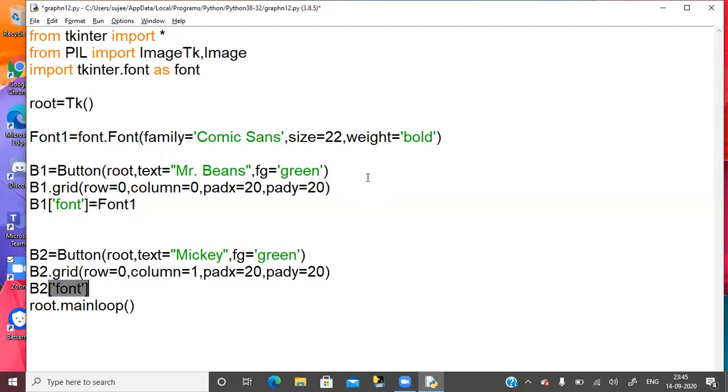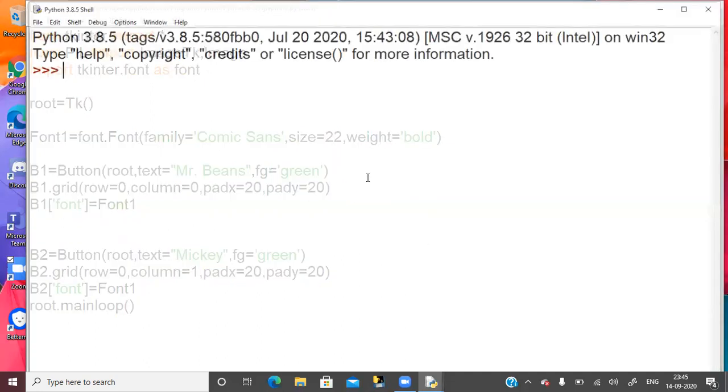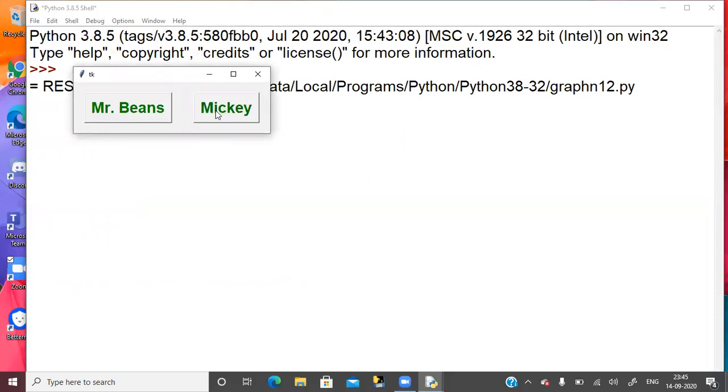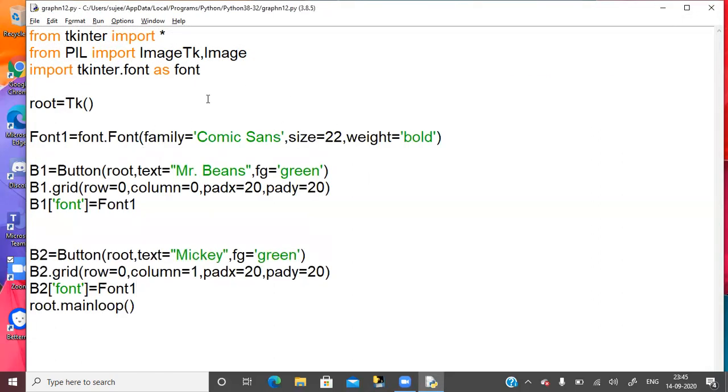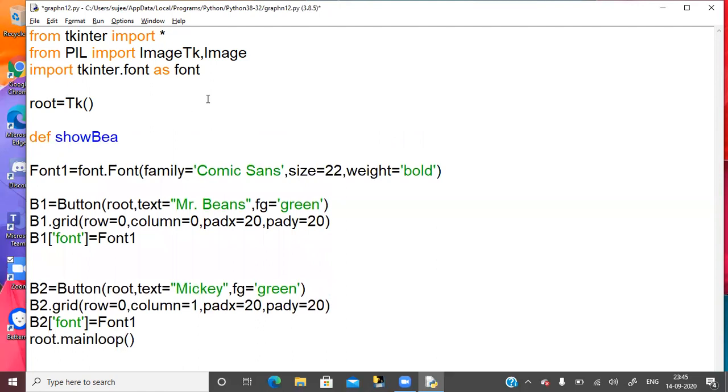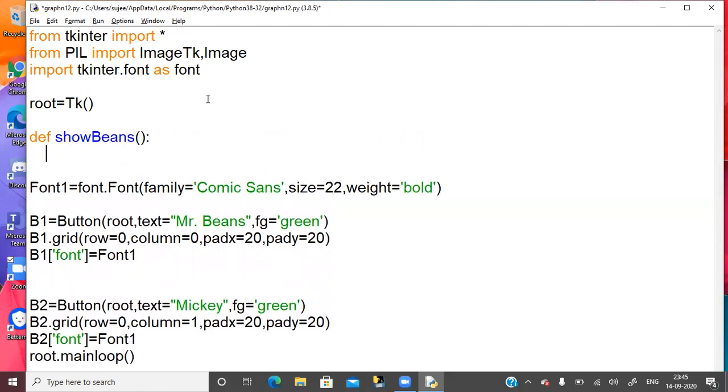अब ये जो दो buttons बन रहे हैं, I want कि like on click of a button, Beans image will appear. Okay, so nothing is working because मैंने इसको कोड नहीं किया, तो हमें इस पे क्लिक करने पे functions कॉल करना है. तो how to create functions in Python? So I'll create def show beans. This is a UDF. Okay, अब मैं चाहता हूँ कि when I click on B1 button, this show beans function will be called. So I'll give it a name, command equal to show beans. Okay, अब यहाँ पे मैंने इसको अटैच कर दिया बटन की कोडिंग के साथ. B1 बटन की क्लिक पे show beans UDF कॉल होगा.